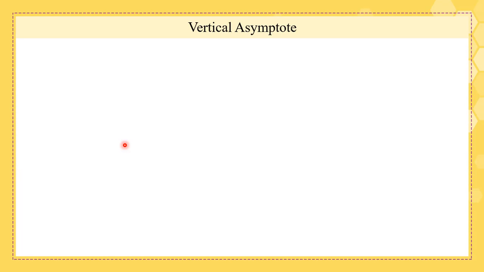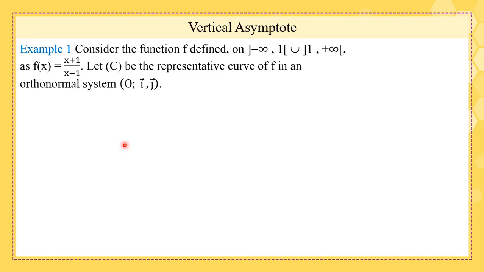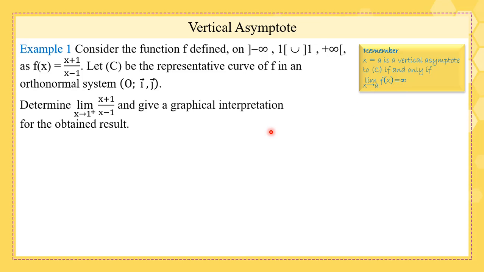Now let's take an example about a vertical asymptote. We have the function f and C is its representative curve. Remember, x equals a is a vertical asymptote if and only if the limit as x tends to a is infinity. Now the question is to determine this limit and to give a graphical interpretation for the obtained result. Now the limit is plus infinity, and this is because if we substitute 1 we get 2 over 0,